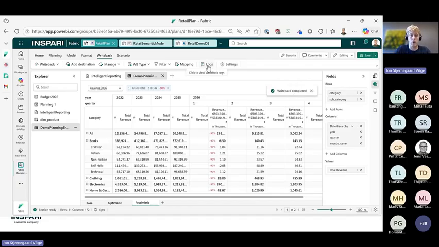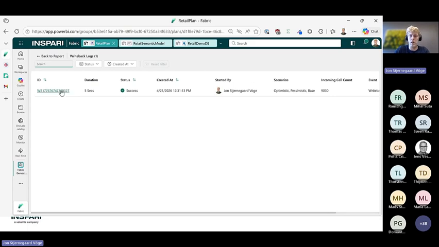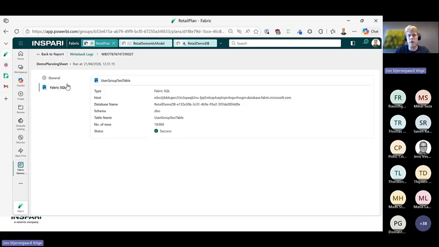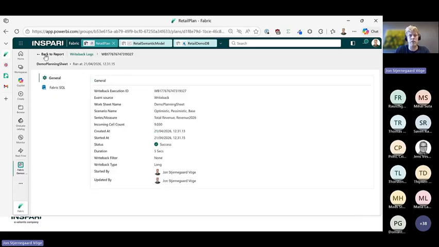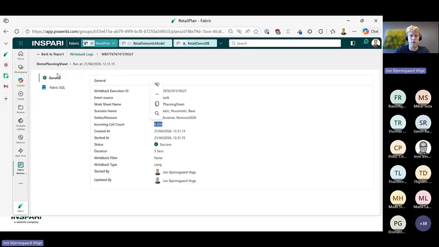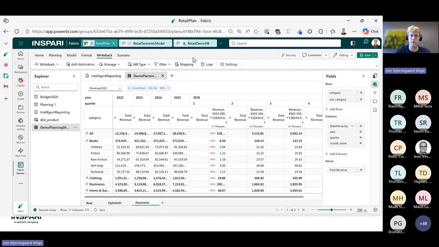And we can go into the logs. This comes out of the box as well. And I wrote 9,030 rows back to my DB in, I don't know, 10 seconds. Was that it? It says here the duration was only 5. Then there was a little bit of UI stuff as well, probably, right? But that's not too bad. I think that's all right. Somehow it doubled the number of rows inside the SQL DB compared to the incoming cell count. Not sure what that's about, but we can always check the DB if you want to.